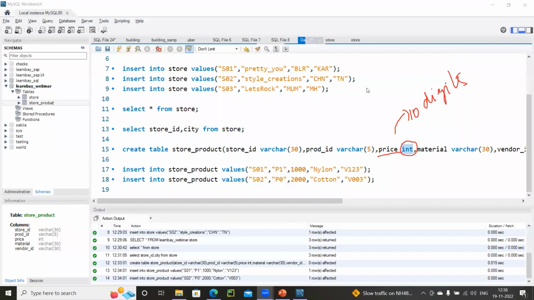Devendra and Dennis, I don't know whether you get it wrong. See, int is a data type, right? So the moment when I change this integer, it means I'm changing the structure. I'm touching the schema. So whenever you are touching the schema or you are modifying the structure, see, structure is nothing but schema.